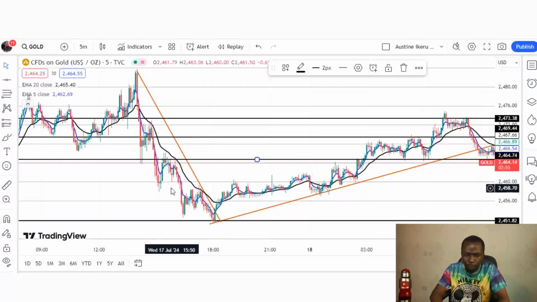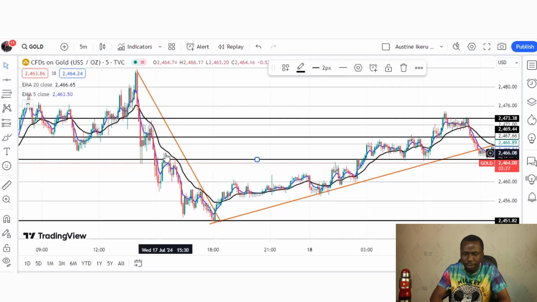So what we are going to do is wait for the price to make another retracement to the moving average for us to take our trade, because the market is currently in a downtrend. We can clearly see that after the price collapsed down all the way to this point, the price now makes a retracement again very close to the 20 EMA, right? You can see the candlestick. The price got close to the 20 EMA and was rejected. Then it went again to the 20 EMA and was rejected.